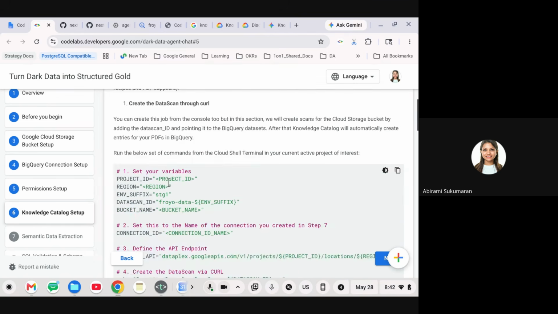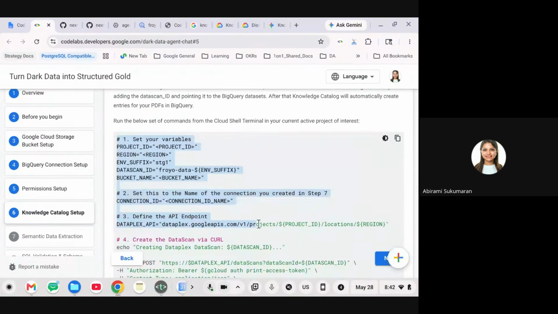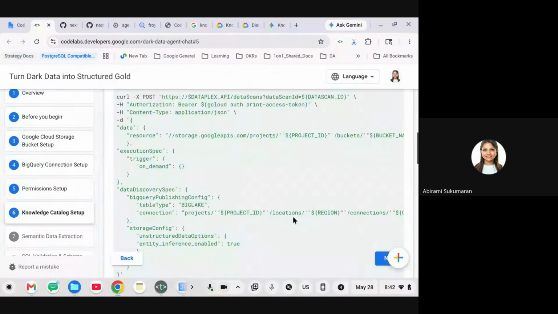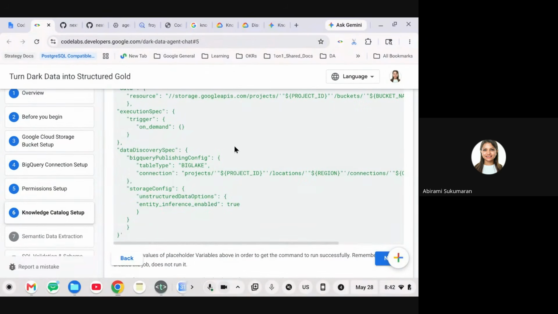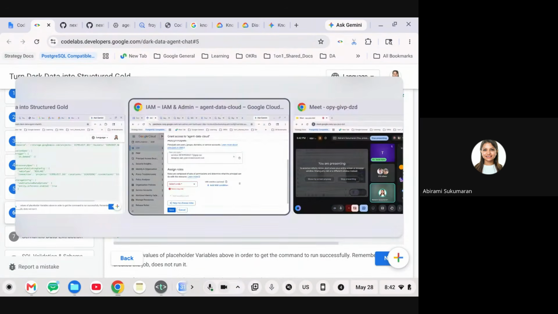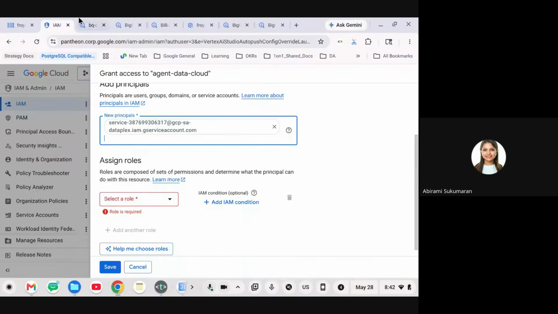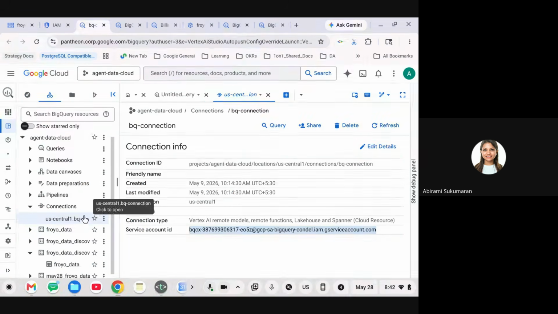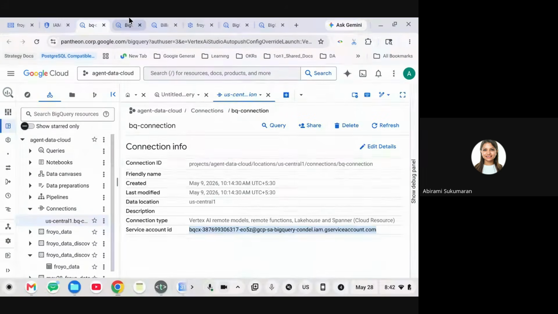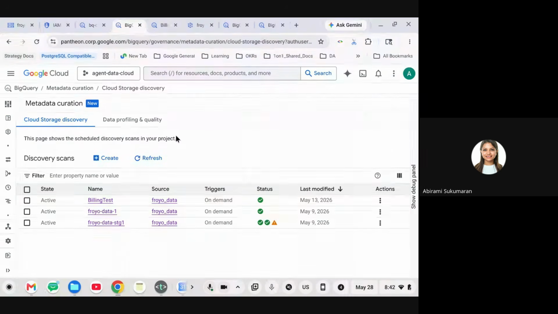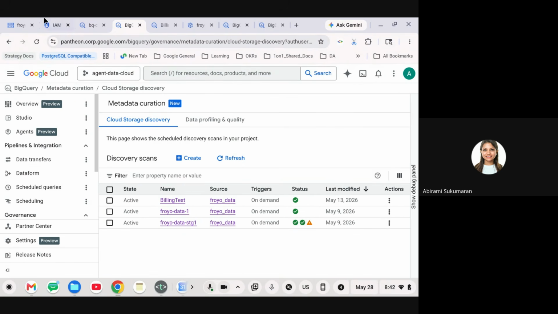You can either run a data scan job by running this in your Cloud Shell terminal. We are not going to do that. What I'm going to do instead is show you how you can do its equivalent directly in the Cloud Console. So how do we do that? Remember, I told you to go to BigQuery, right? I mean, when I said I went to BigQuery and I opened the navigation menu.